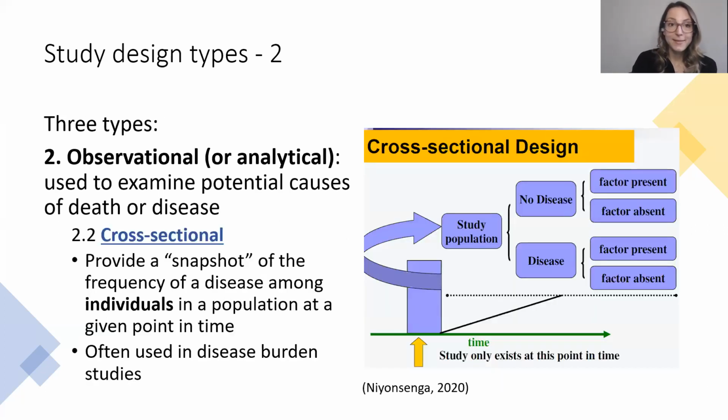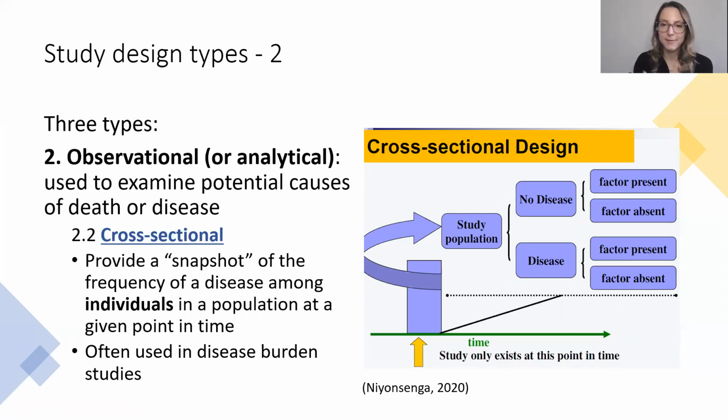So this leads us to the second type of observational study, and this is called a cross-sectional. Now, cross-sectional designs provide you with a snapshot of the frequency of a disease among individuals in some population. And usually they're done using something like a survey. So you have some study population, you administer a survey at a particular period in time, and then you would ask people about their disease history, you might ask them about their exposure history, and then you would collect those surveys and you would know that at that period of time when you did the survey, that you had a